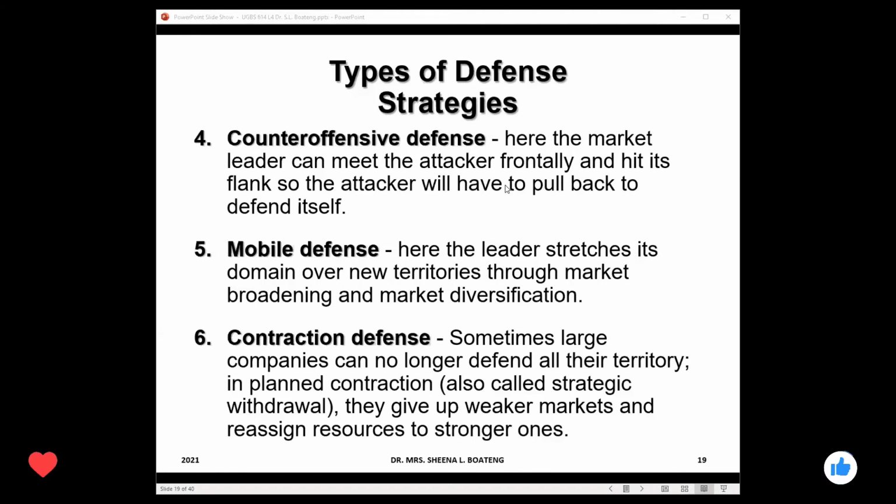Now, a typical example of how they can undertake this counter-offensive is, for instance, if a competitor introduces a new product into the same category, the market leader can decide to go on a counter-offensive by strategically cutting the prices of their products to exorbitantly low prices, way below the market average, to the point where they could even be making losses on the sale of that particular product, just to make sure that their customers are in no way tempted or attracted to this new product that has been launched by